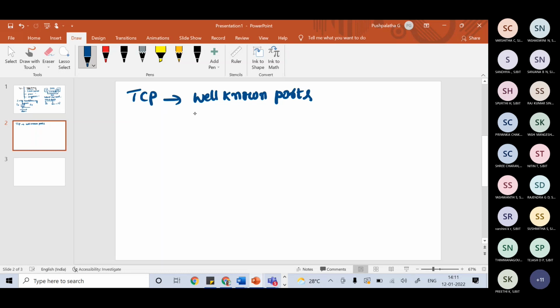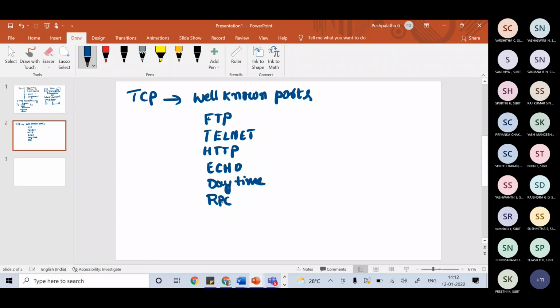Say, for example, what are the well-known ports? You can call it FTP, and we have Telnet, HTTP, and we have echo, daytime, and RPC, remote procedure call.